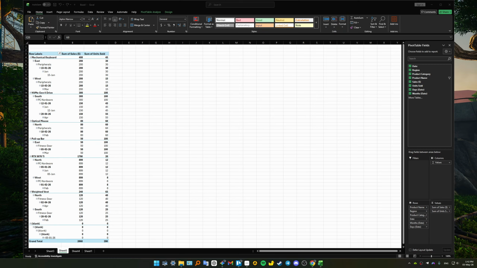Once again, by default, when you add multiple fields to your pivot table rows, for example like category or product name, Excel just stacks them on top of each other in a single column. It will be a compact form, and while it does save space, it's terrible for data analysis or copying onto other reports. So I will show you how to move your table side by side into a clean tabular layout